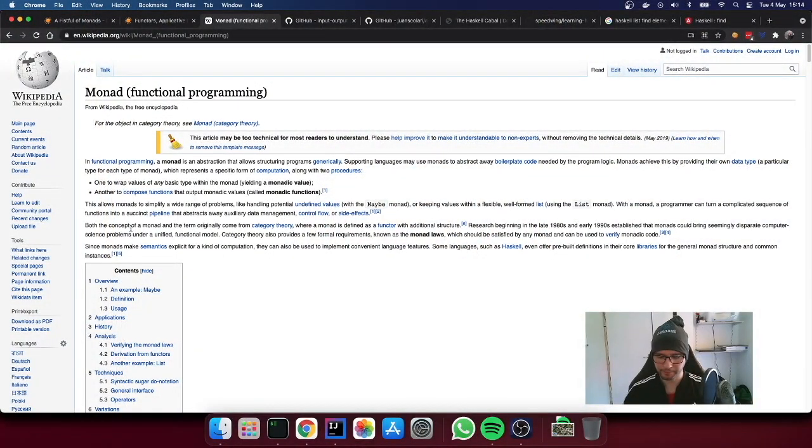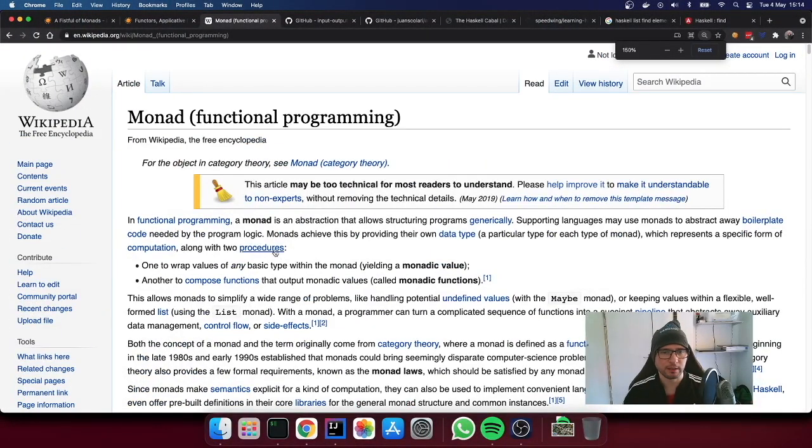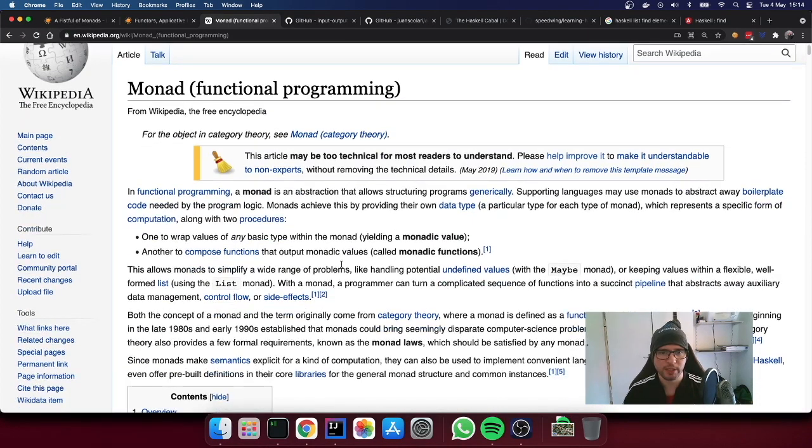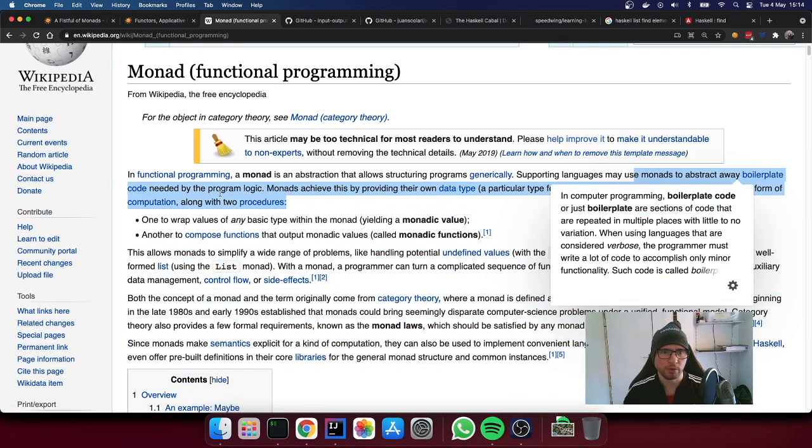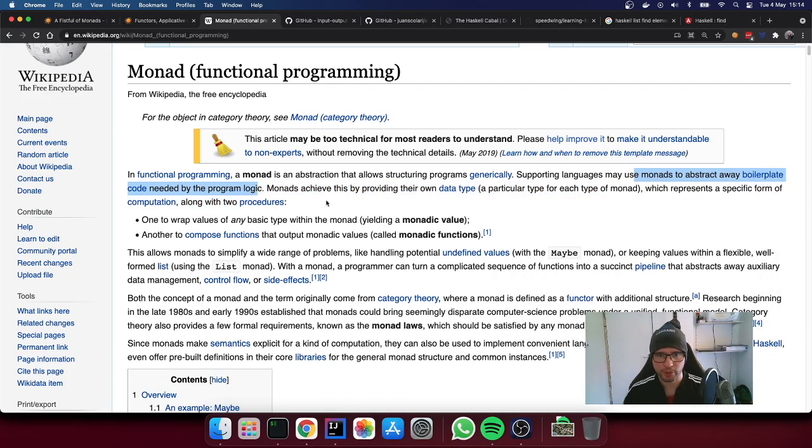So let's start from the definition of what a monad is. I just took this one from Wikipedia. I increased the font a little bit, and it says: in functional programming, a monad is an abstraction that allows structuring programs generically. Supporting languages may use monads to abstract away boilerplate code needed by the program logic.